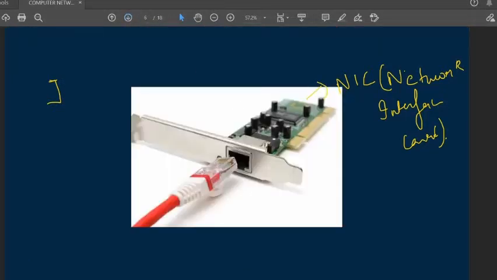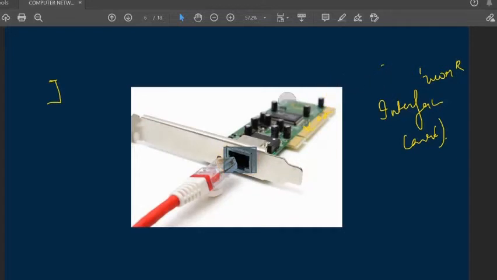Here you can see this is the area where the NIC card is located. This is the area where we attach the twisted wire cable. And this is the NIC card, and here only we have the MAC address. That is the personal address of the computer, the PC address. Okay, we are going to see about all those things. There will be a specific video for IP address and MAC address. No need to worry about it.